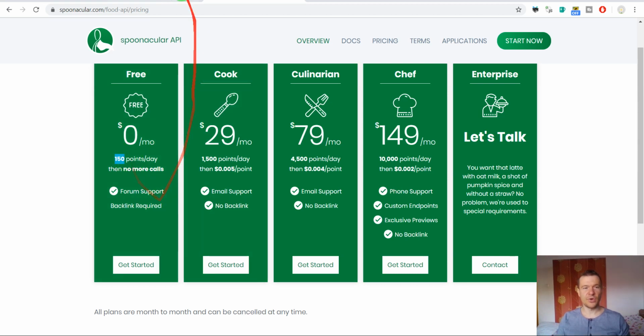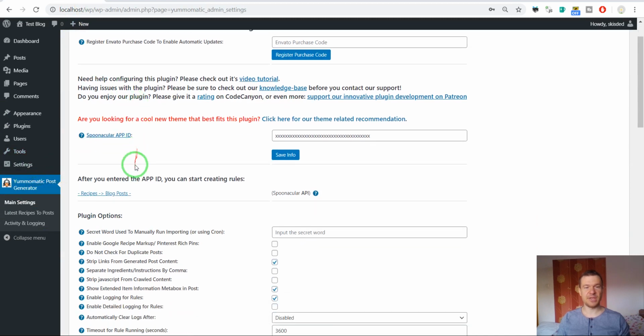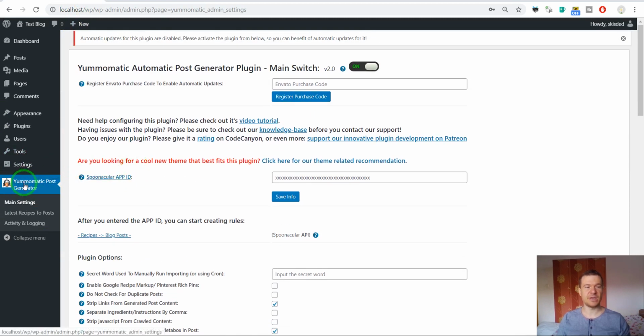Okay, so this is the great news, and this is the updated plugin. I left the Yummomatic name because this is how it was branded before, but now it will use the Spoonacular API. You will have to enter the Spoonacular app ID here, save settings. You can get the app ID if you click here